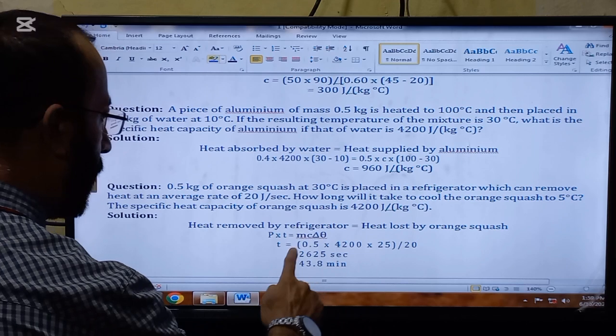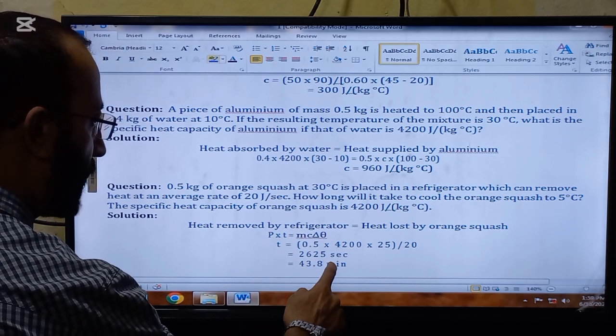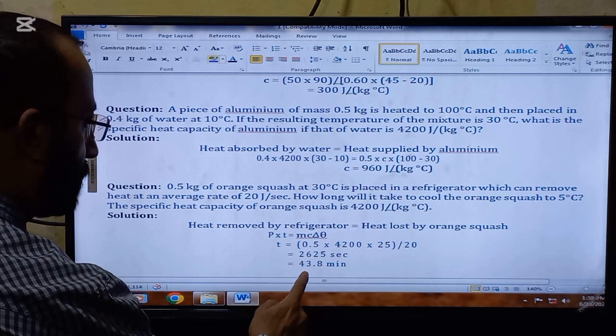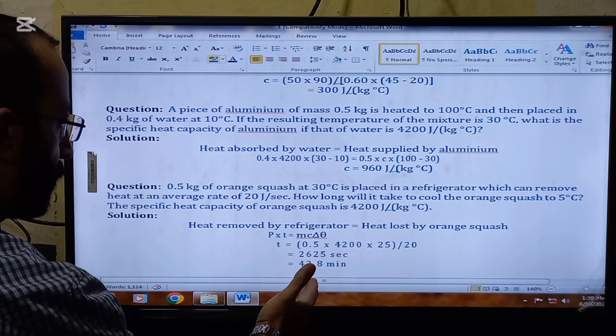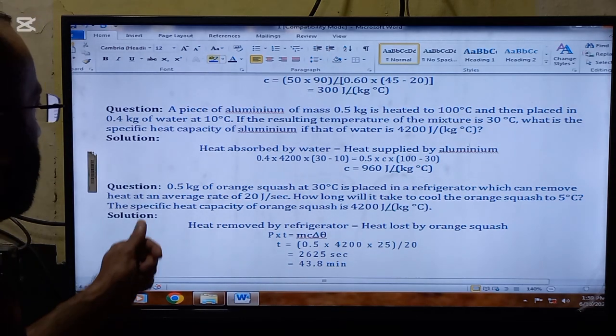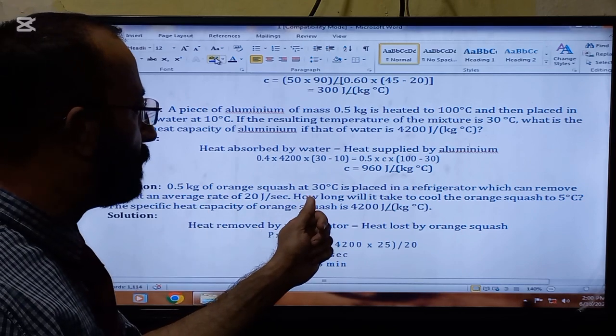So solve it on the calculator. Answer will be this, and unit for time will be second. Again, this is a bigger value. So we will convert this value to minutes by dividing the value by 60. So 43.8 minutes will be the time in which 0.5 kg of the orange squash will be cooled from 30